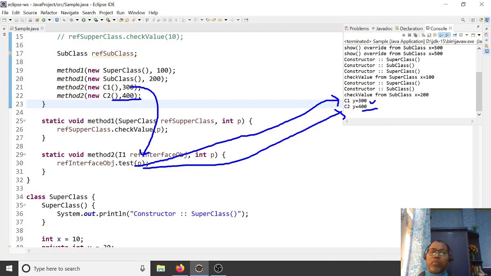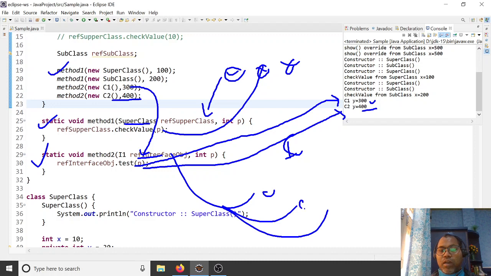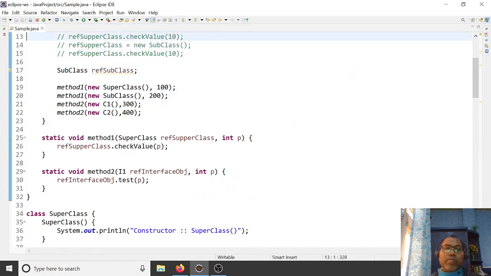This is your method overriding. Method overriding happens in the case of your class or in the case of your interface. This is the class case. With a superclass reference, you can pass any of the subclass objects. And whichever subclass object you pass, if the particular method is overridden, the particular method is invoked. Similarly, in the case of an interface, you can pass any implementation of it. Whichever implementation we pass, the respective methods will be invoked. So this is your method overriding.